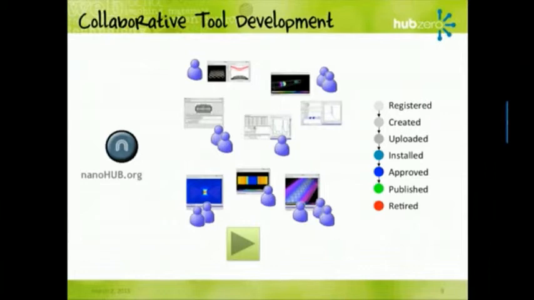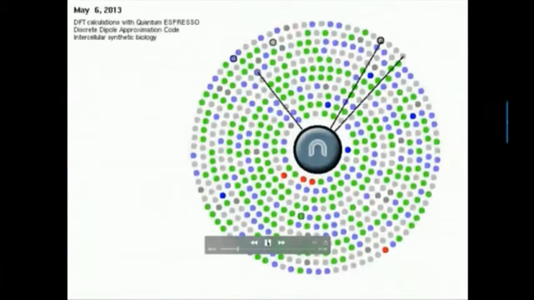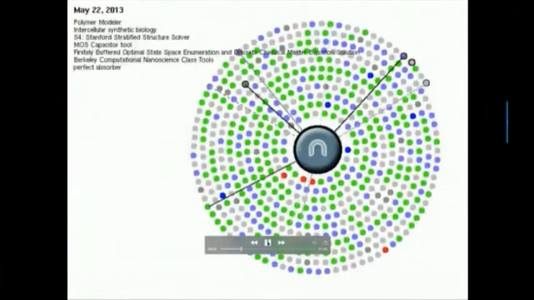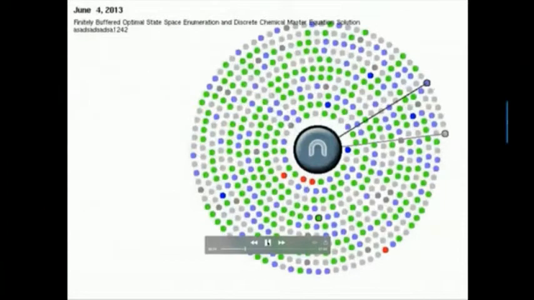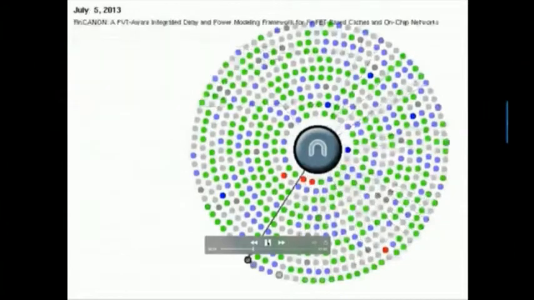So let me show you a year in the life of nanoHUB and all these different tool projects that are happening. I think there's about 700 projects that you'll see here. And again, each of these dots is a tool project. So each dot is a separate tool. And the goal is to get all the tools to the green state, because that means they're published. You can see them appearing around the outside rim here. You can see them shaking around as the developers are checking in code into Subversion. And every time a line comes out, there's a state change. The state change from gray to blue to green and so forth. You can see a couple of retired tools as well.